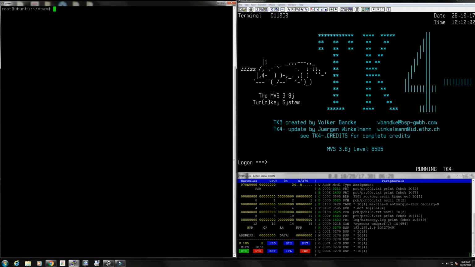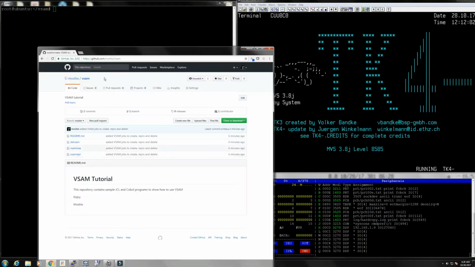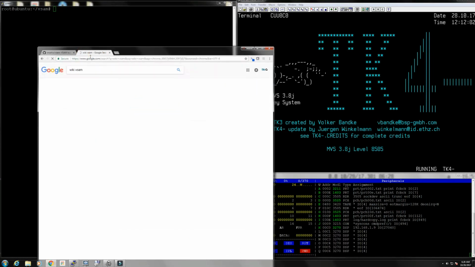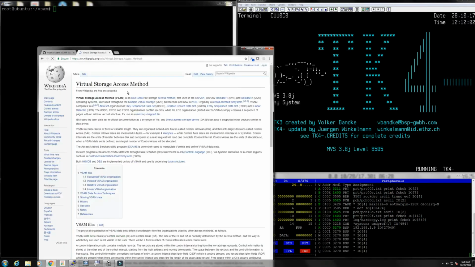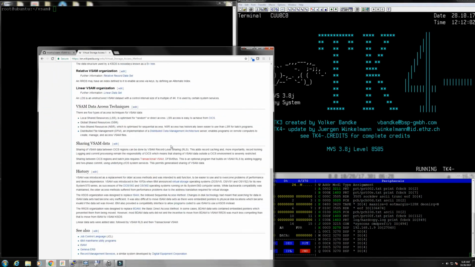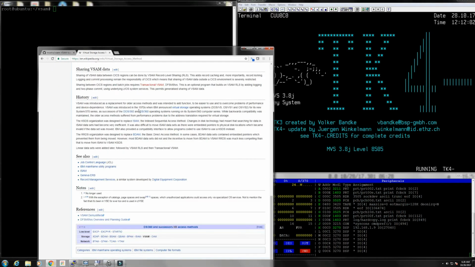Then VSAM came along in 1971, I want to say. Let me see here what the wiki says. It was released in the 70s, I think it was 71 or 72. And VSAM stands for Virtual Storage Access Method,